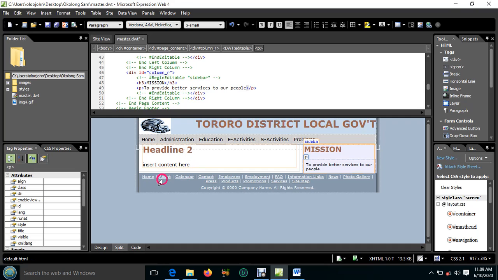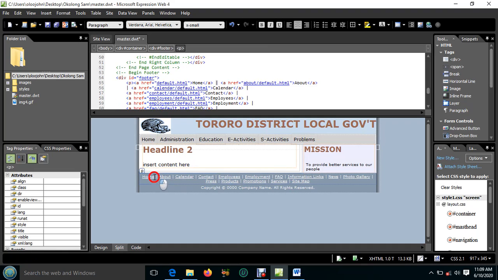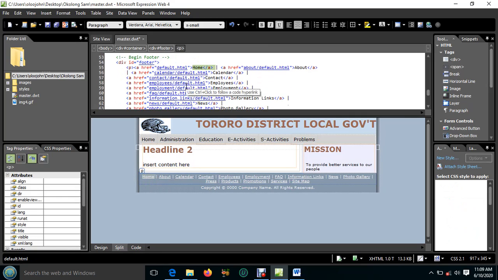Now under the footer section, for now we are not going to use these buttons here, so we want to remove them all. So select one of them to show you where it is in the code, and you delete it from the code. So you can see